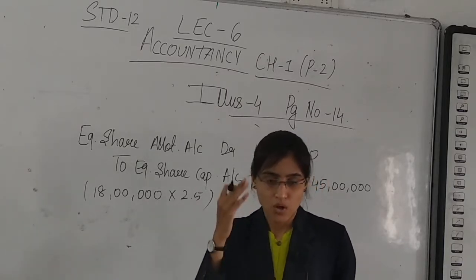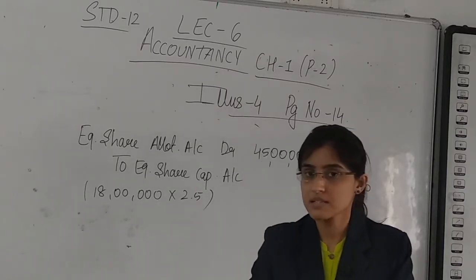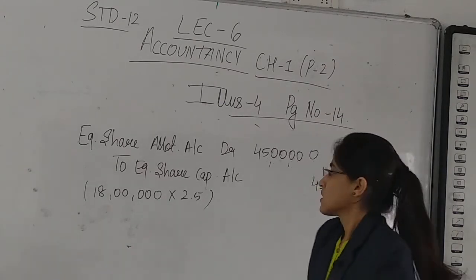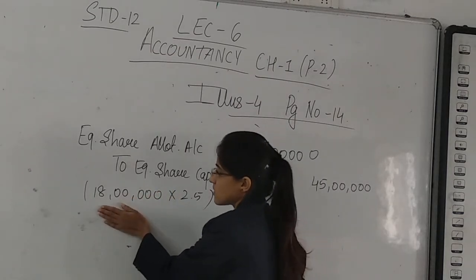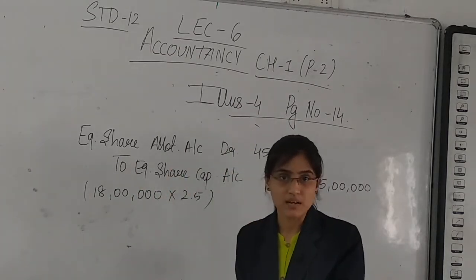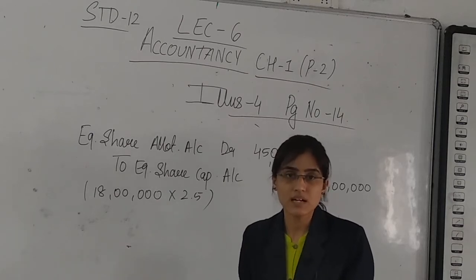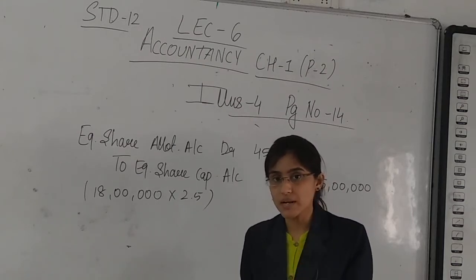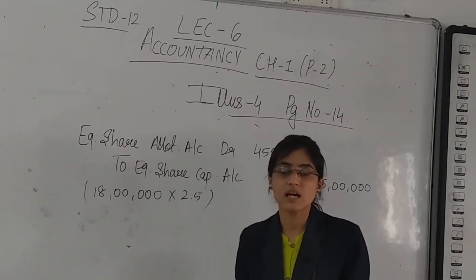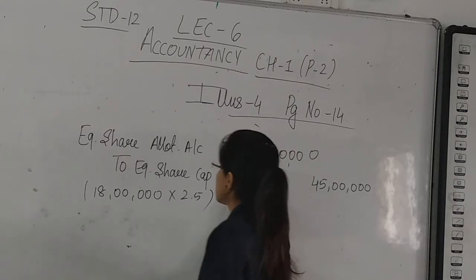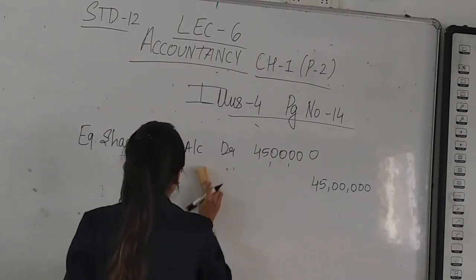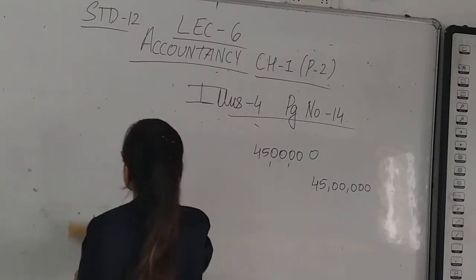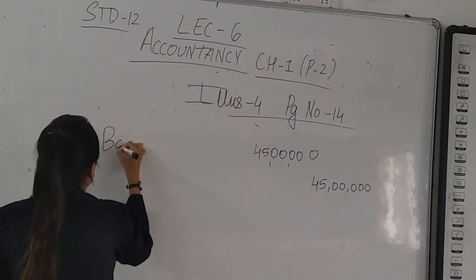Now the next step is when allotment money is received. If you are thinking why 18 lakh here, then 2 lakh shares have been rejected. The company has issued only 18 lakh shares. When the applications are received for 20 lakh shares, 2 lakh excess shares have been rejected. Now, when the amount is received for allotment, the journal entry for receipt of allotment is bank account debit